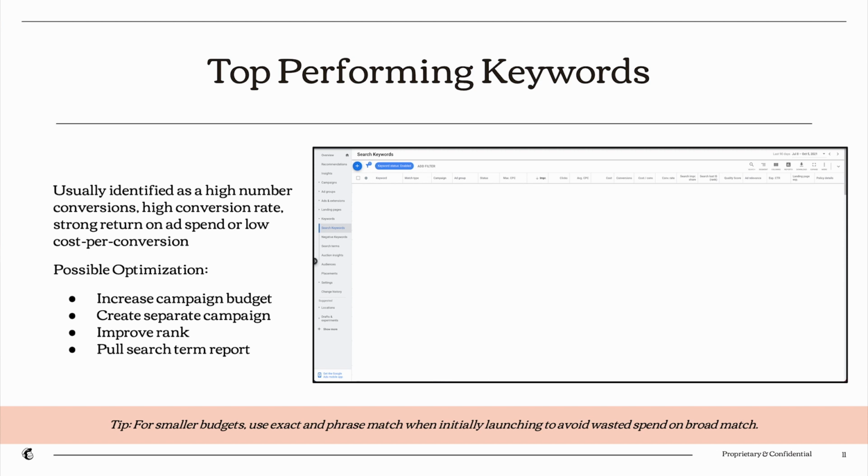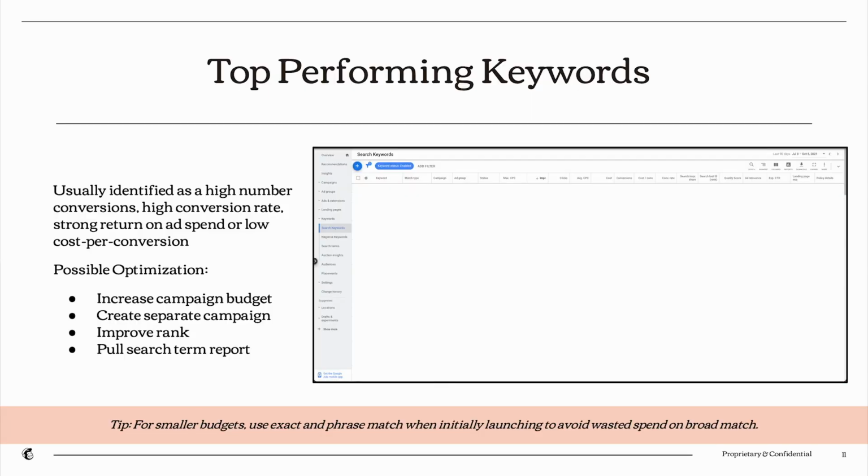So for an example, if I really care about a high conversion rate, I might say, well, I don't really know what a benchmark is for my account when it comes to a high conversion rate, so I don't know where to start with what's a top performing keyword. What I tend to do is look at, for that time frame, what is the overall search program's conversion rate. If it's at 10% right now, I would probably identify any keyword above that 10% conversion rate as the success for me having top performing keywords, and then figure out how to optimize off of that. If that's too broad and you want to go a little bit stronger, you could say, okay, what are my top keywords above 10%, but maybe those top 20 or 25 based on their conversion rate.